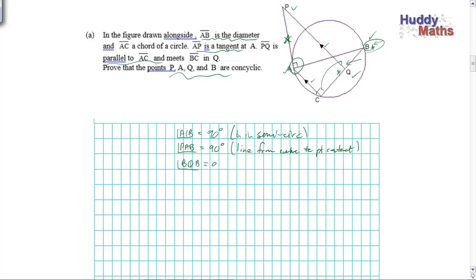BQP is 90, that's corresponding due to those parallel lines. Or you could find this one and then get that one, some angles on a straight line. So what have we got now? We can say straight away that